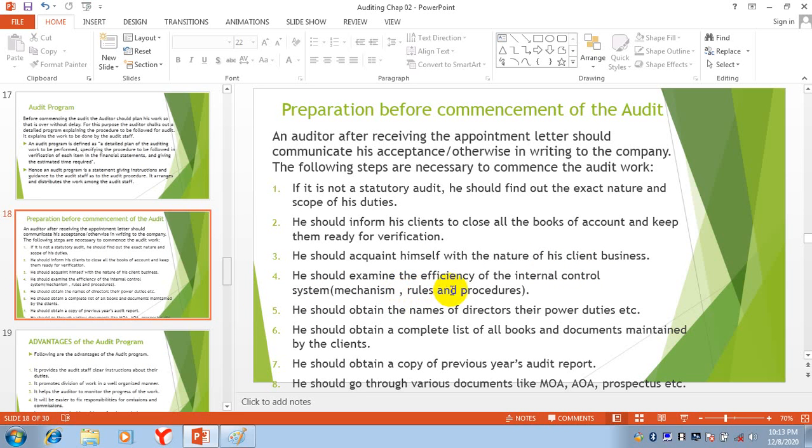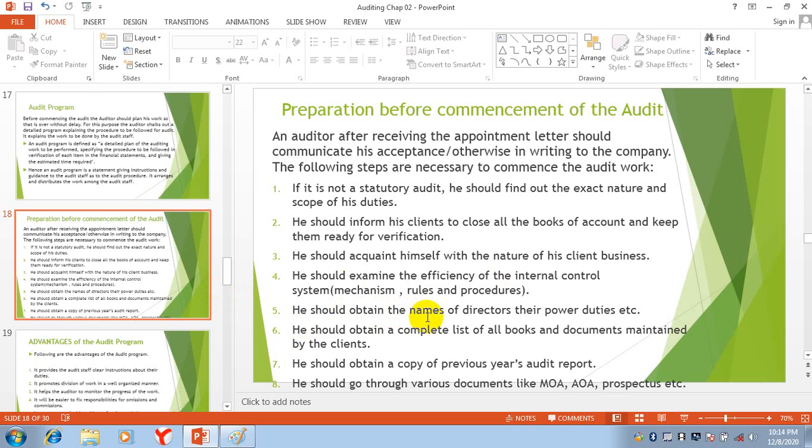What are the rules and procedures followed in controlling fraud and error in this company? Is the internal control system efficient or not in controlling errors, frauds, mistakes, and these things?